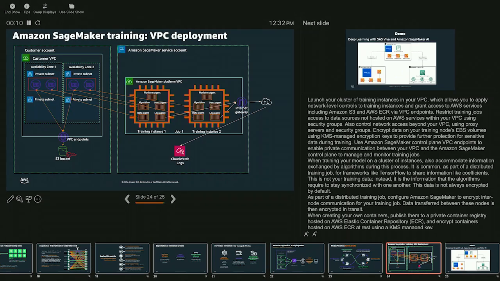so what happens behind the scenes is what we described earlier, right? The nodes talk to each other. There's a security layer built into it. There is isolation and CloudWatch monitoring. So if you want to audit your training or your inference, how many people are calling the inference endpoint? What are they looking for when they call the inference endpoint? How long is it taking? All the monitoring is built in.